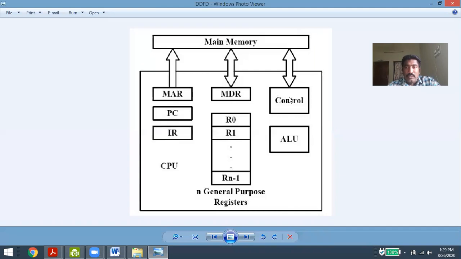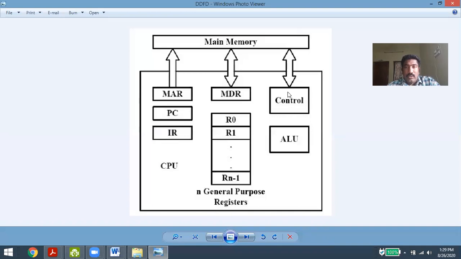Whenever the control unit is receiving plus from the RAM, the control unit will send that plus to the ALU. That is, I am receiving some operation to do in the form of addition. So whenever the ALU recognizes some addition to do, it will be activated. The ALU is activated now, and the signal is sent back to the control unit: okay, I am ready to take the addition.